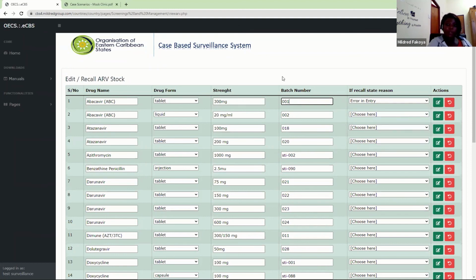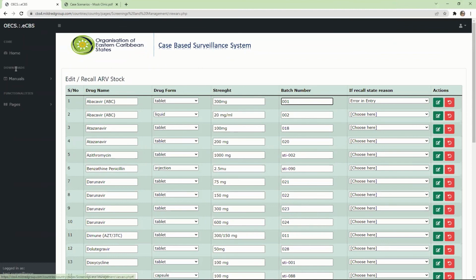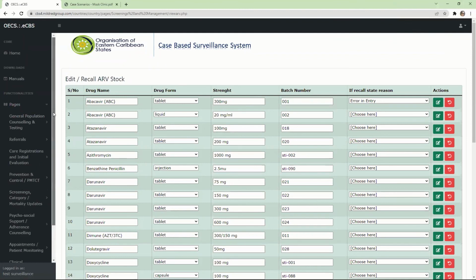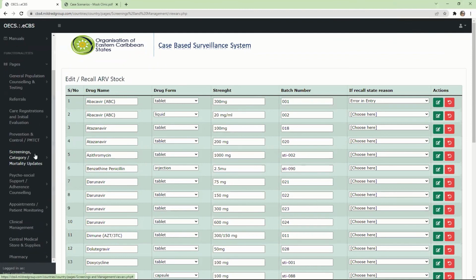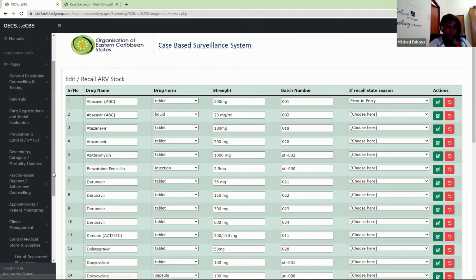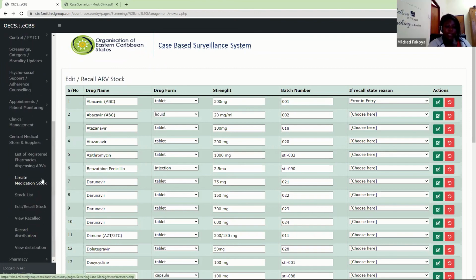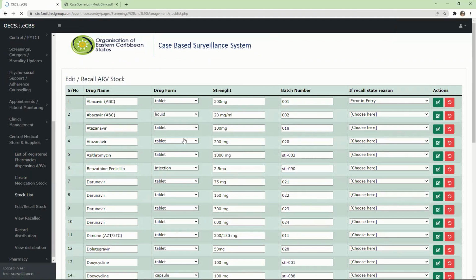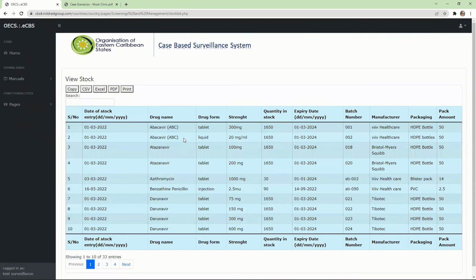Yes, Dr. Peters? Mildred, on the previous page, you said that if the stock is 0, the medication automatically is removed from the page. Is that right? Yeah, the stock is 0. You don't have, yeah, it's removed from the list of stocks, yeah. But you would need to know that you have 0 in that stock for you to order. If it's removed, then it may be lost. The information may be lost, or the note